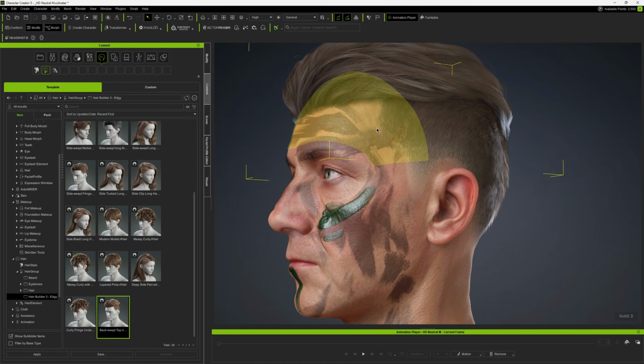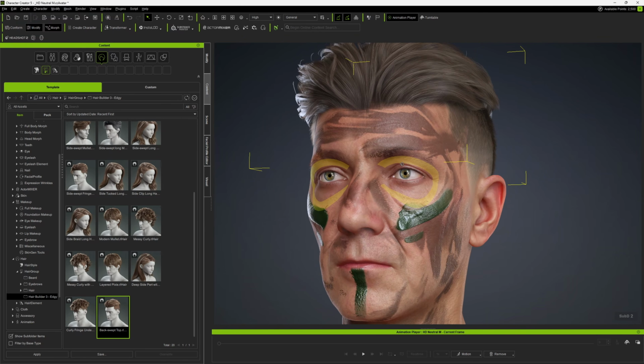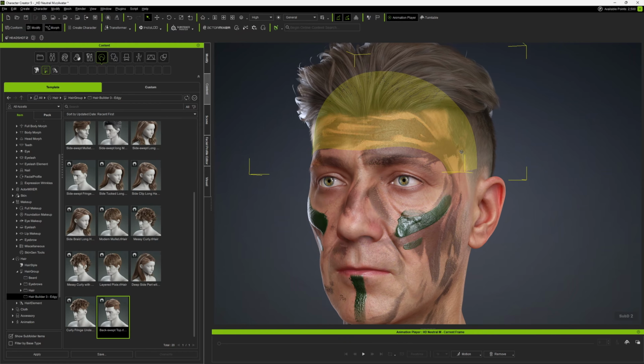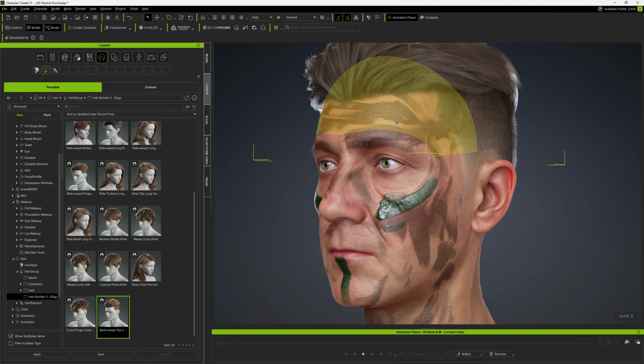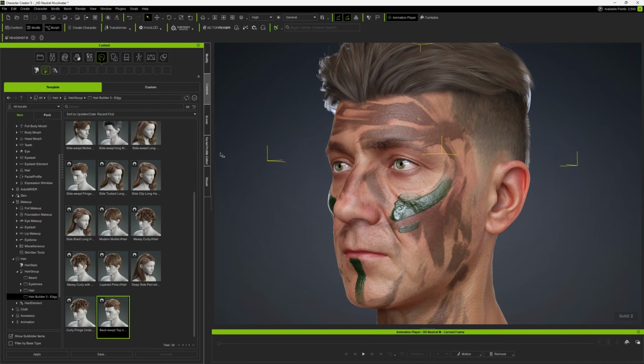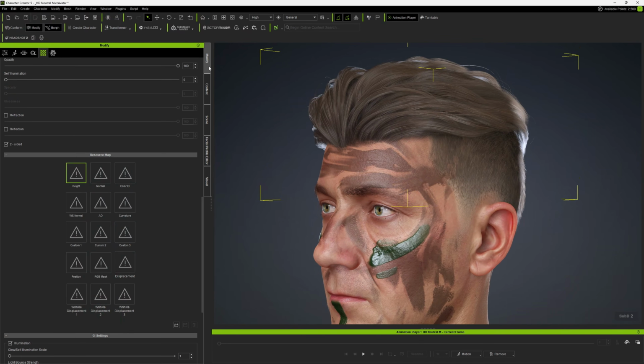I think this also looks fine, so I will go with this because I want to see the facial features while we are animating this guy. So I don't want anything to come into the face. So let's go with some hair